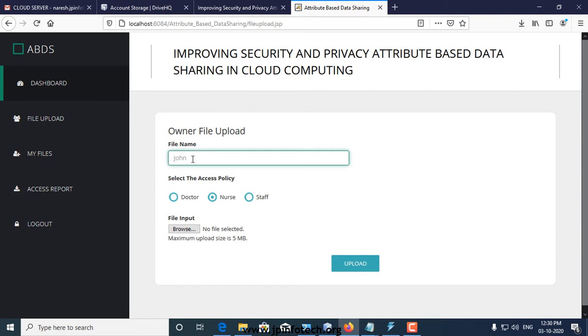I am entering the file name as set of policy attribute based encryption, and now the owner can set the access policy.